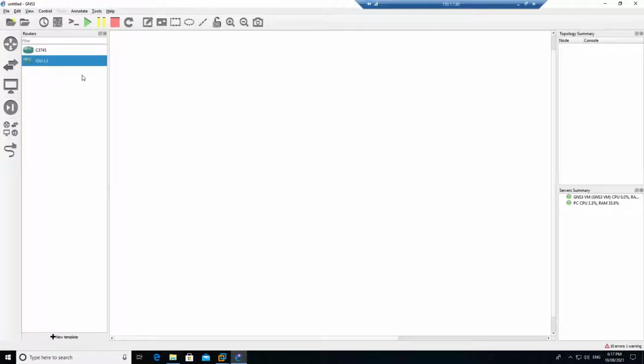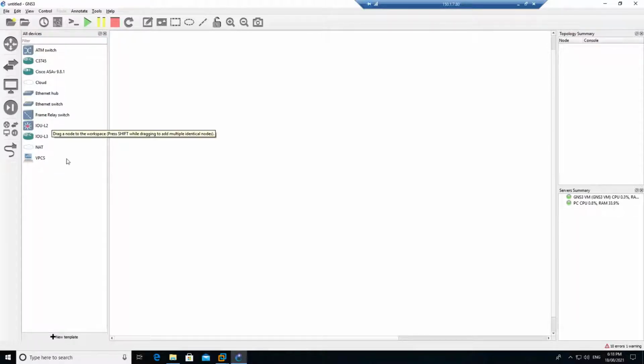As we know, we have already installed the routers with IOU and C3745 as well as our firewall. In order to see all the devices, you can just click over here and see which devices have been installed. If I click on filter, you can filter, like if you have many devices, you can write down the name over here and find the device easily. Just click on this one and you will find all the devices which have been currently installed on the GNS VM.